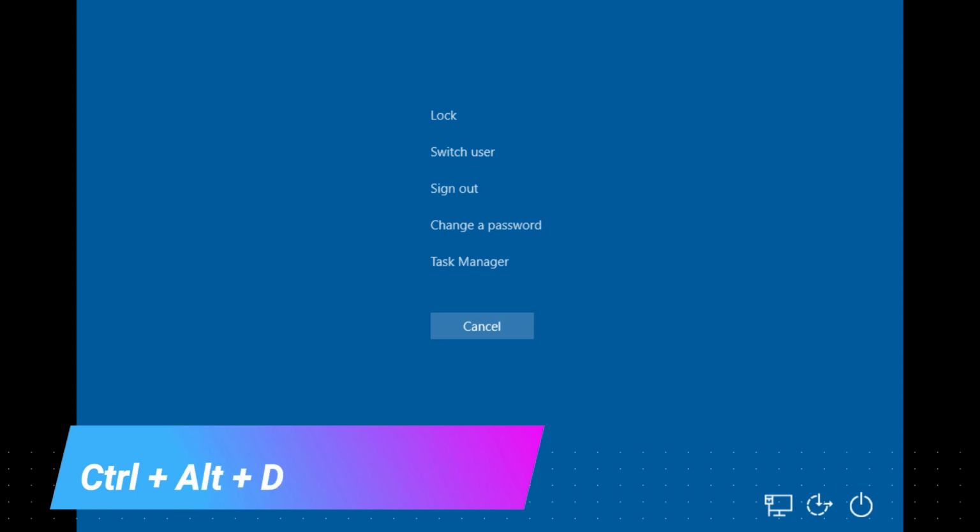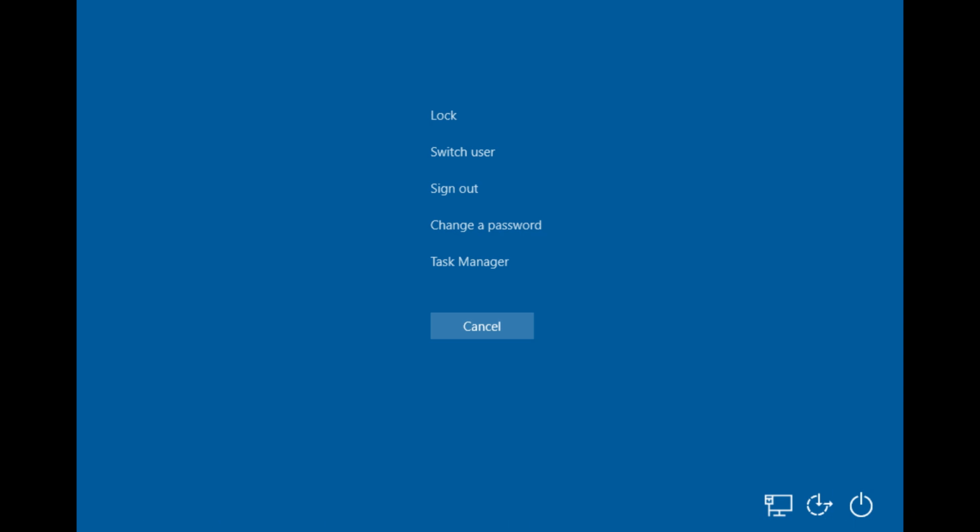19. Ctrl+Alt+Delete, open system security options. This popular shortcut in Windows opens a screen with options like locking the computer, signing out, switching users, or opening